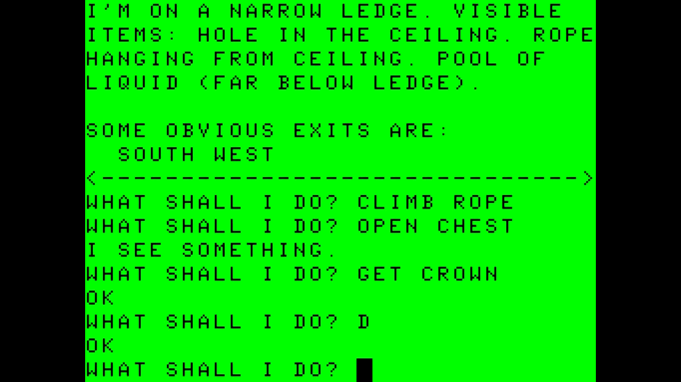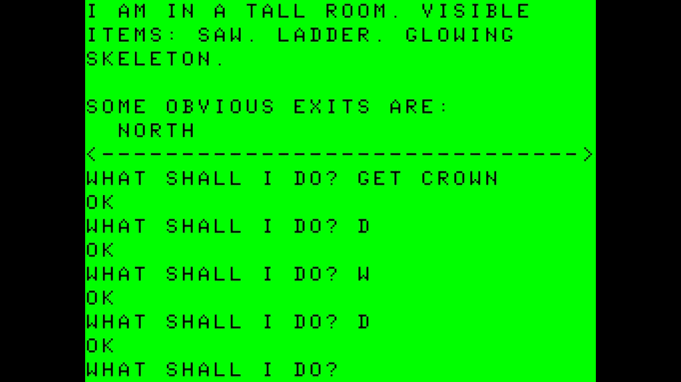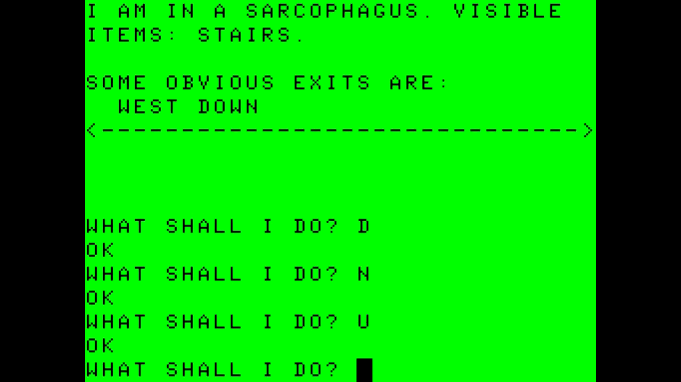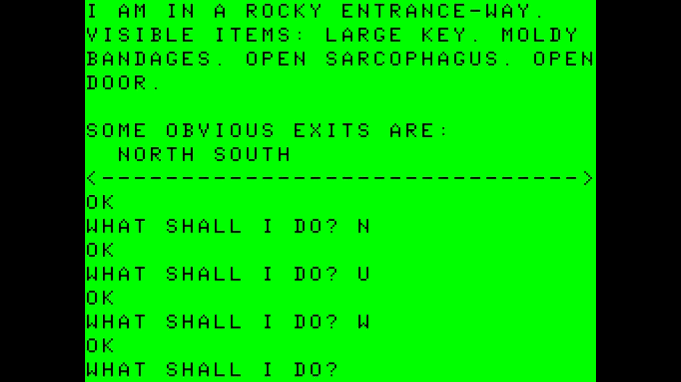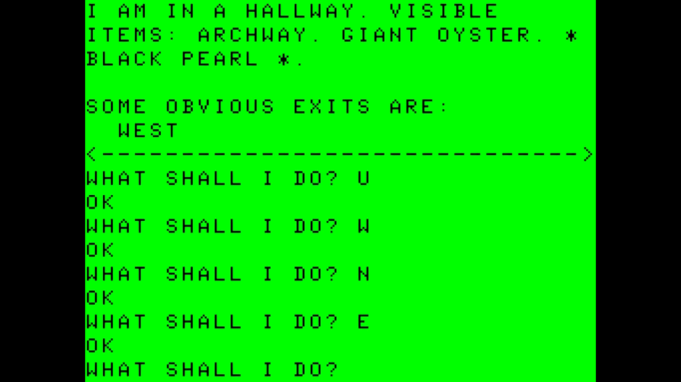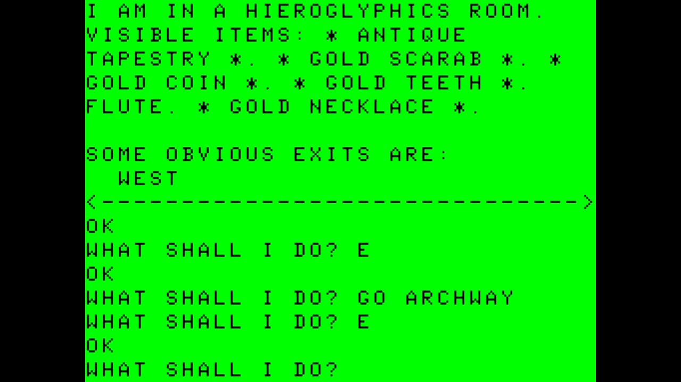We're going to go down to the narrow ledge, west into the revolving cavern, down again, which takes us into the room with the glowing skeleton, and then go north. This puts us in the burial room where the mummy is. From here we go up into the sarcophagus, west into the rocky entranceway where we dropped the keys originally, then go north. That puts us in the dining hall with the table. East, back to the giant oyster with the black pearl. Go to the archway, and that puts us in a blood-stained altar room, where we go east again, and this is the treasure room, where we are going to drop the crown,